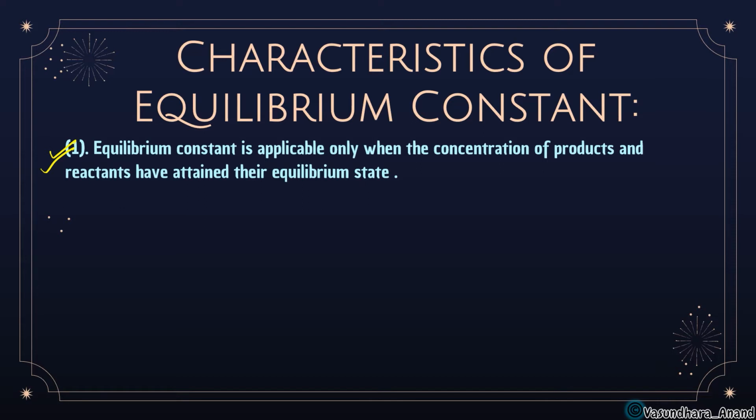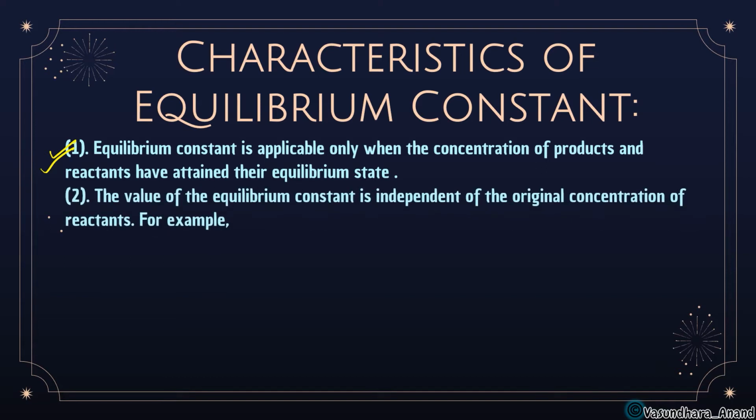Clear? Okay, now the value of the equilibrium constant is independent of the original concentration of reactant. Like initial क्या था और final क्या बनेगा, उस पे equilibrium constant बिल्कुल depend नहीं करता. क्या concentration at the equilibrium है, that will affect the equilibrium constant. That's it. Like Fe3+ aqueous plus SCN- aqueous changing into FeSCN, and that is actually, it should be like this.